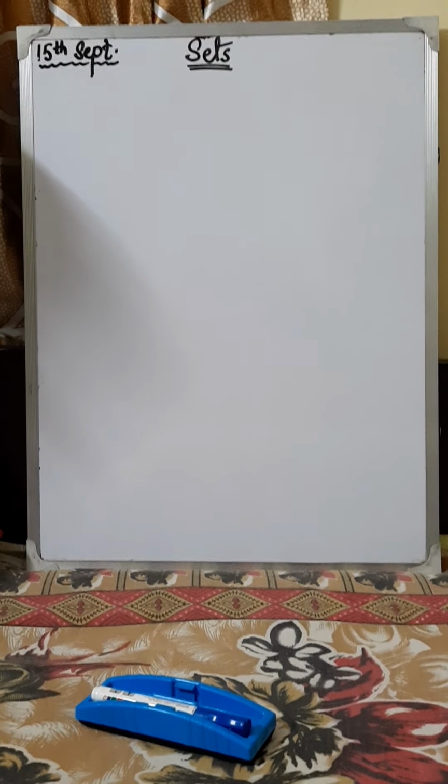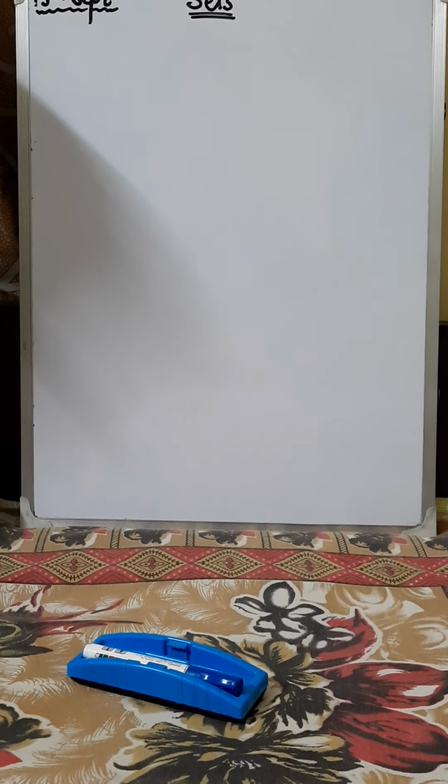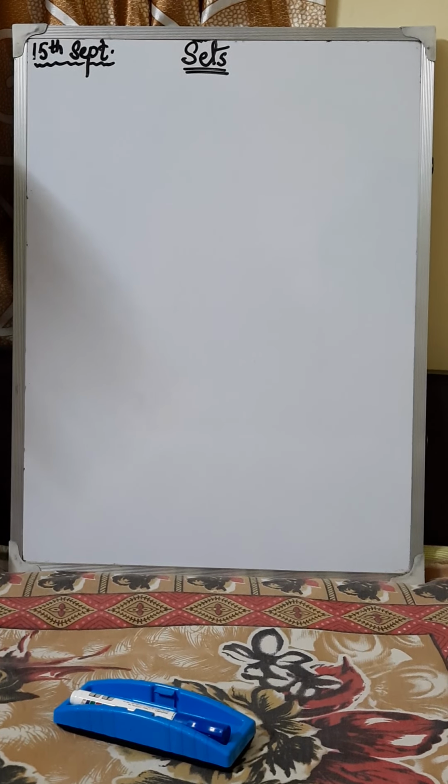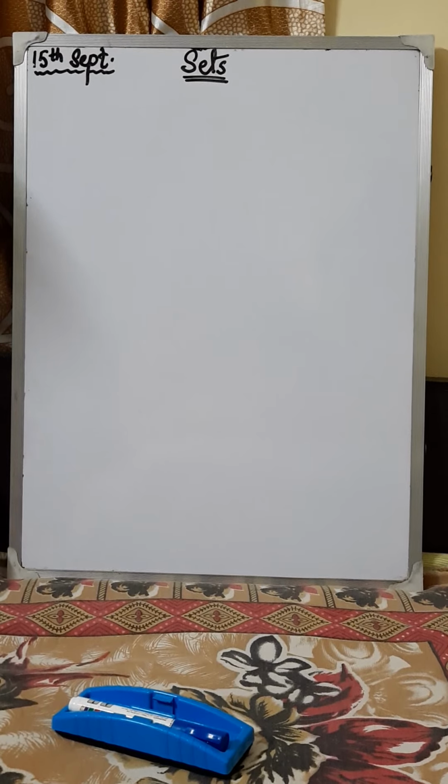What is a set? First you have to understand what an object is. In mathematical language, everything in this universe, whether living or non-living, is called an object. A collection of objects is said to be well defined if it is possible to tell beyond doubt whether a particular given object belongs to the given collection or not. So a set is a well defined collection of objects.